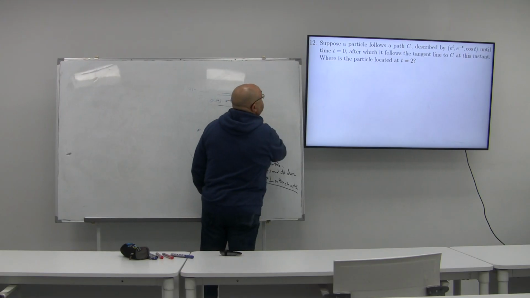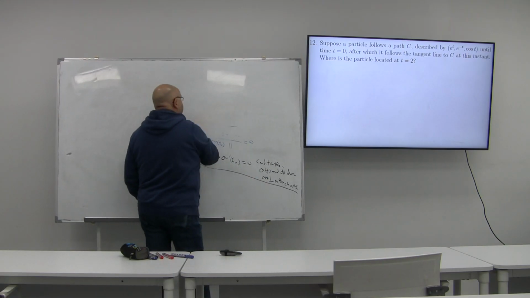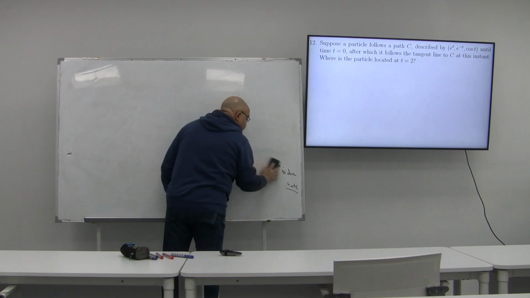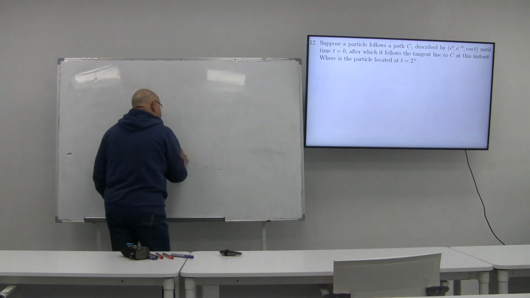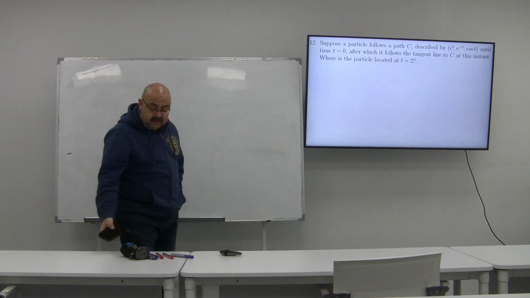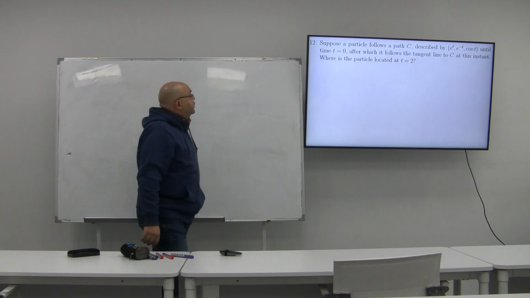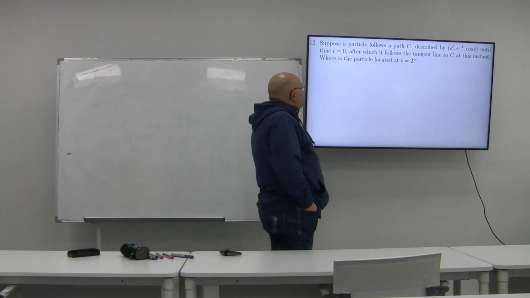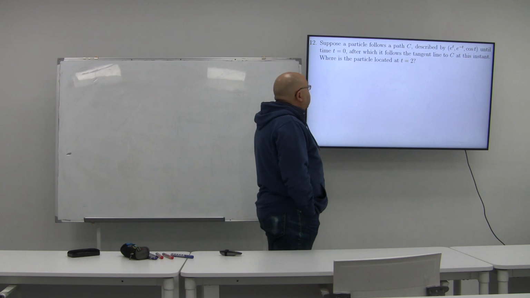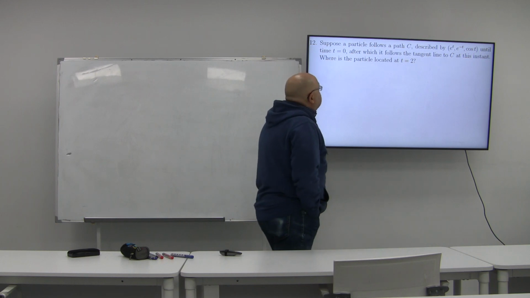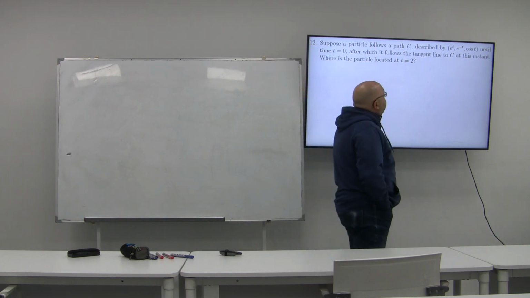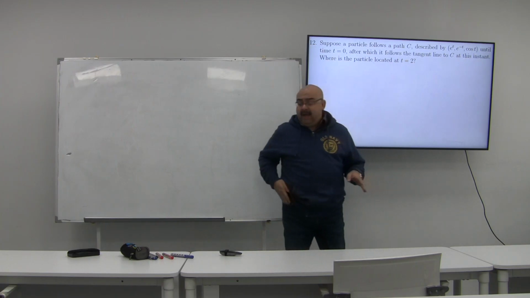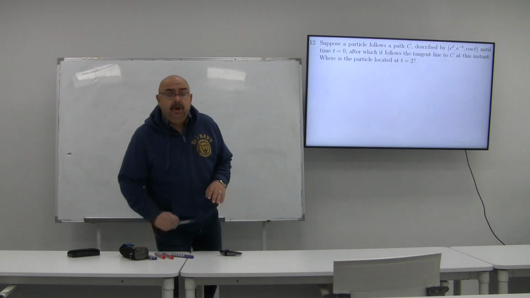Suppose that we have a particle, and this problem is very nice also. This is a very nice problem that will be solved very easily. He's telling you, suppose that I have a particle that follows a path C described by, so now you have r of t, or the description of this function,